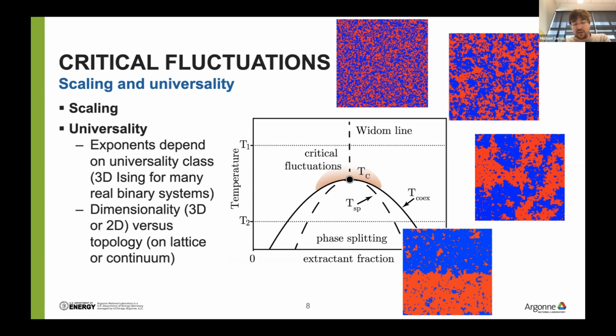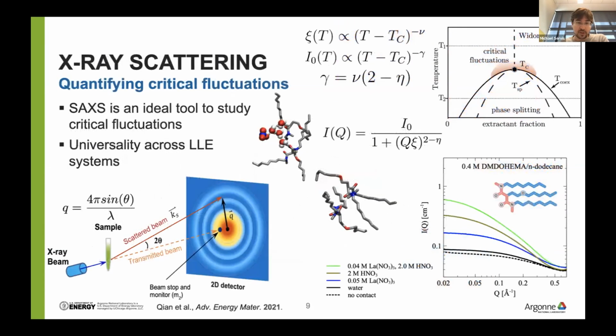This tells us that a lot of the local information, such as topology, if you're on a lattice, or intermolecular interactions, if you're on a continuum, really doesn't matter. It just matters the dimensionality in terms of defining the scaling as we approach the critical point here. Okay,